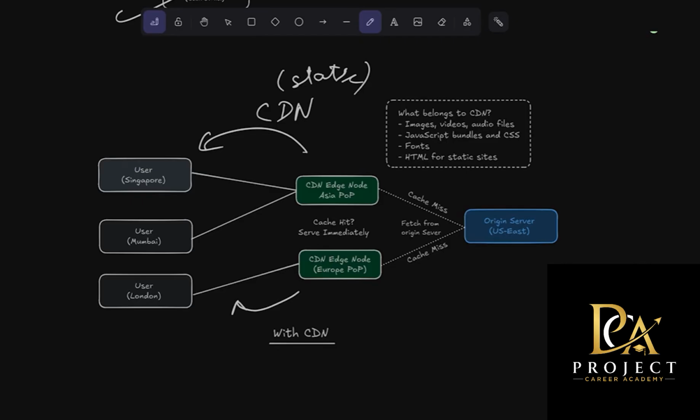There will be a cache miss. It does not have this particular picture in store, and it will go to the origin server somewhere in Texas and fetch the file from the original Texas server. Of course, this will take a lot of time. There will be latency. But then it will store a local copy in the edge server, and it will return the file to the user.